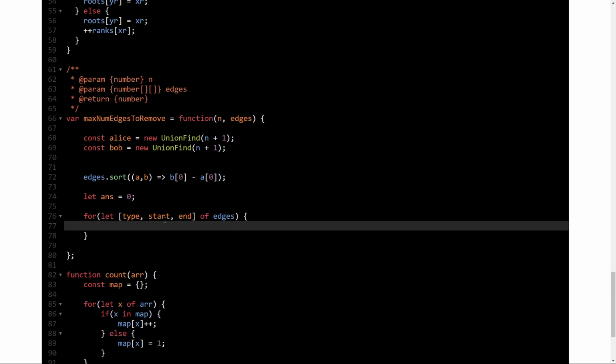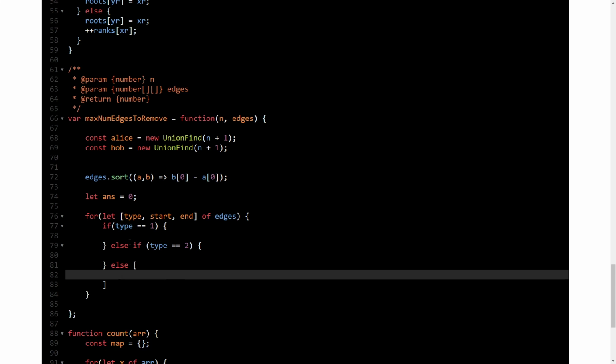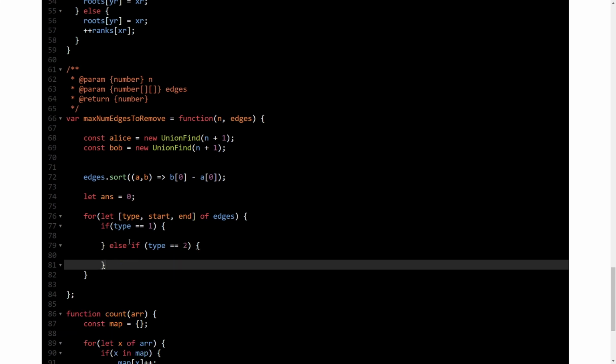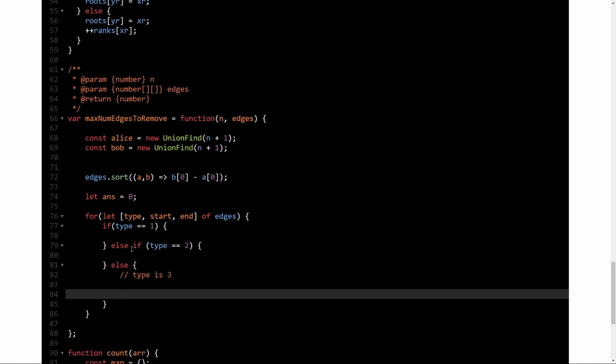Cool. So now I need to do this for 3 cases. You can use switch case as well. If type is 1, else if type is 2, else that means type is 3. You can write it in the way you want, right?